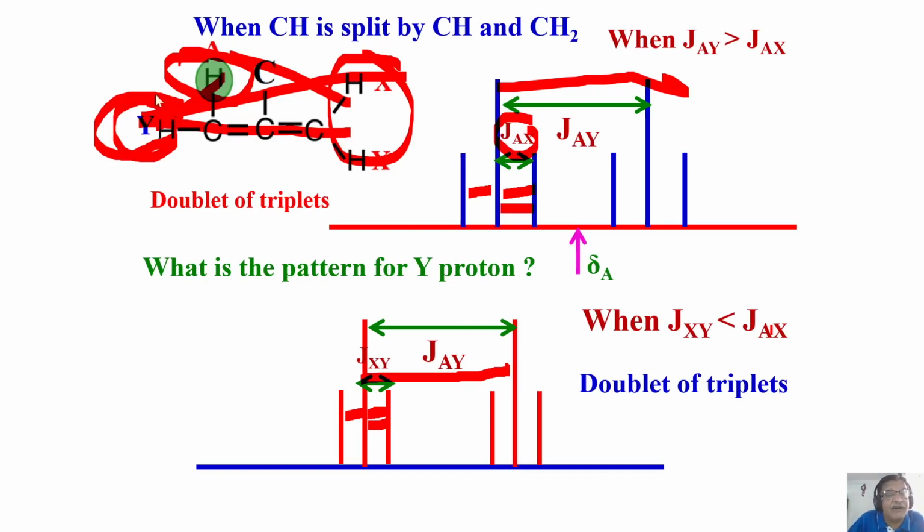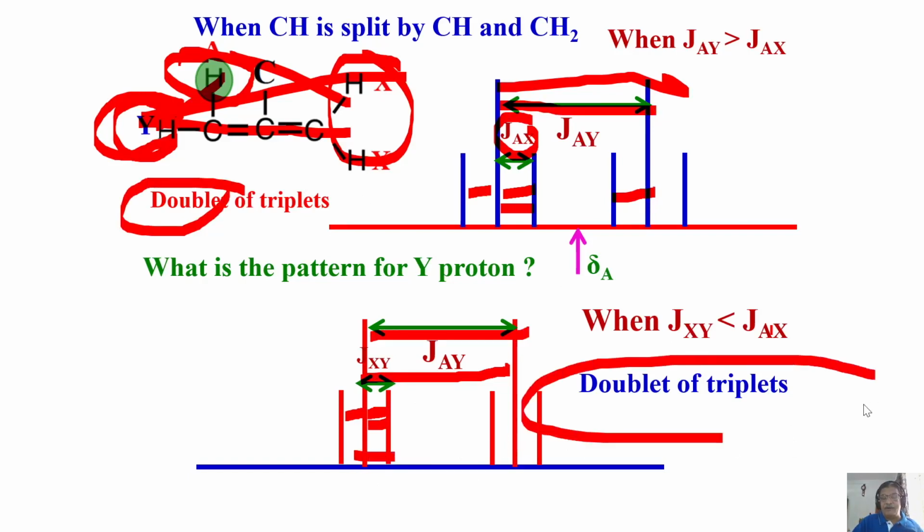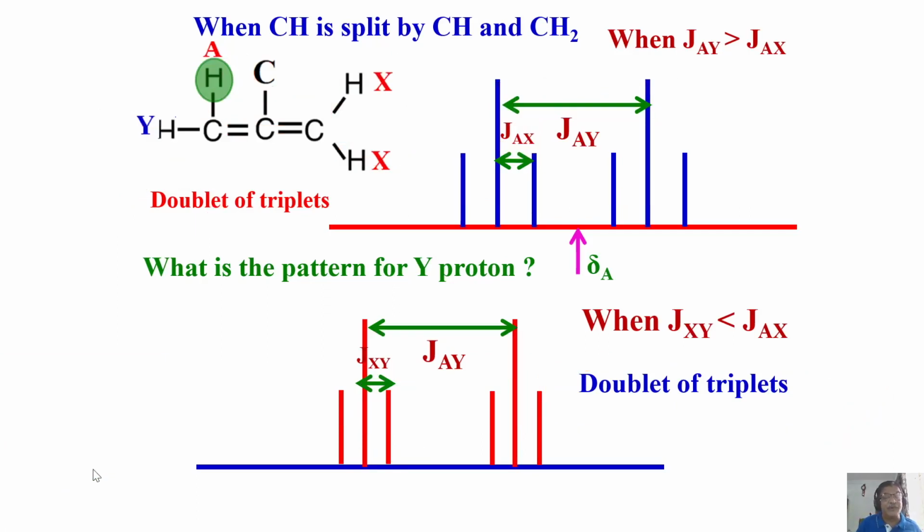And if I observe one proton and then the other proton, we know how the spectrum changes. And in this nomenclature, you always have to say the largest coupling first. The largest coupling is a doublet, then the smaller coupling here is the triplet. Such patterns, where this coupling is larger and this is smaller, are called a doublet of triplets. So we can generate a few more examples like this, where analyzing the complex multiplicity patterns will become easy. And I will stop here today. In the next class we will discuss much more and we will start analyzing.